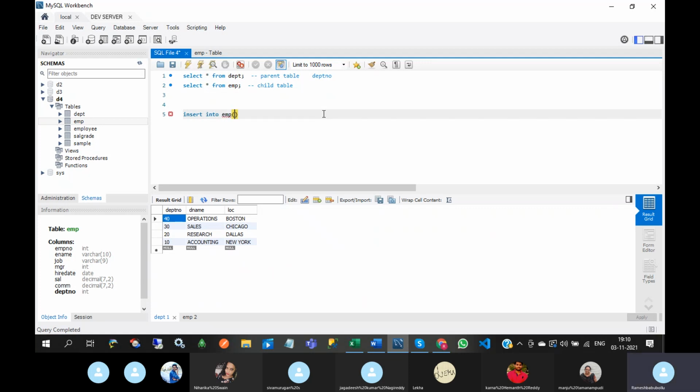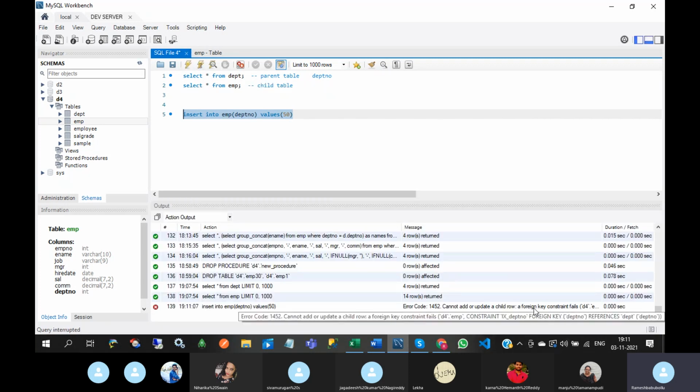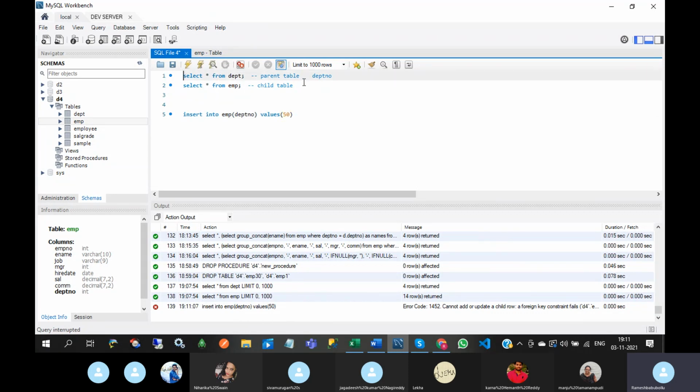I am going to insert one record. I am not considering all the columns, just department number. If you try to insert this record, it will not insert. Why? Because the foreign key constraint failed. It states that department number 50 is not available in the department table.